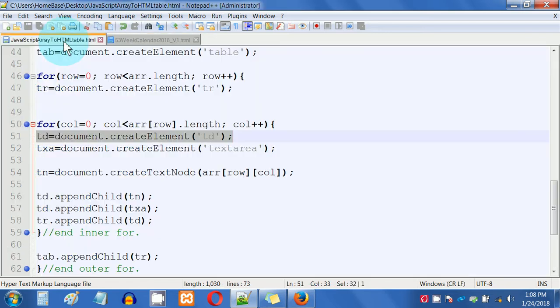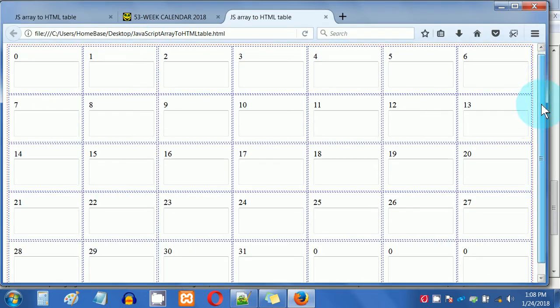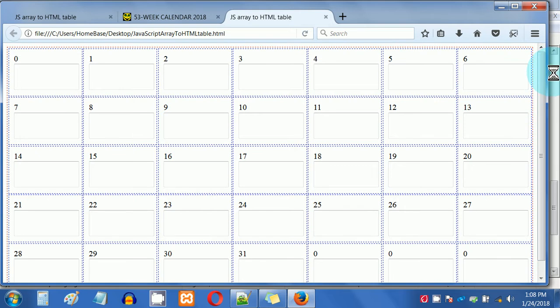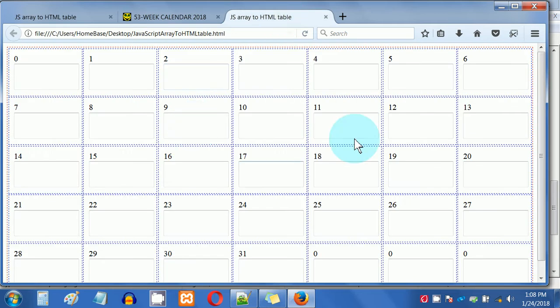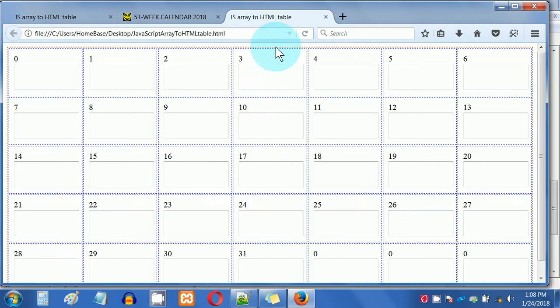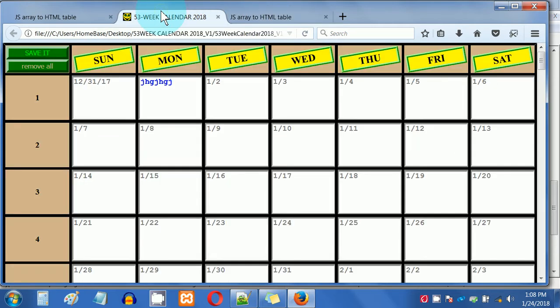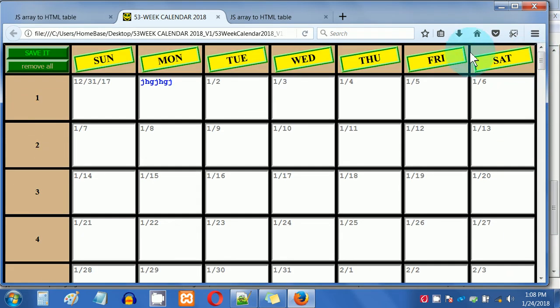And in looking on the internet, I found this. JavaScript creates this table. Now, I didn't create a table as long as a whole year. I wanted to make something small until I figure out how to manipulate these elements so that I can use local storage and do everything that I did in this, and try to also make it look more like this instead of this. But I'm just trying to understand the DOM and how to manipulate this the same way I did this. Now, instead of thousands of lines of code just to create 371 individual days for a whole year,